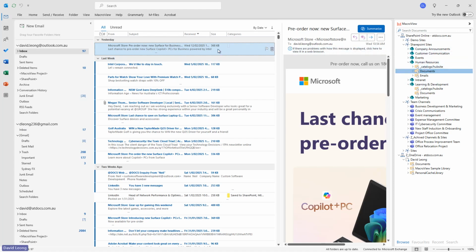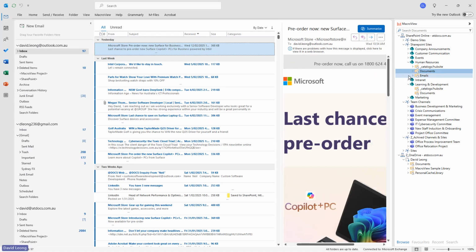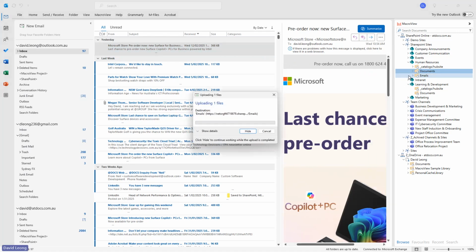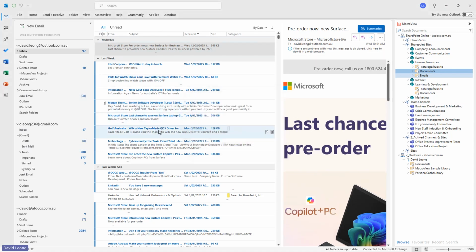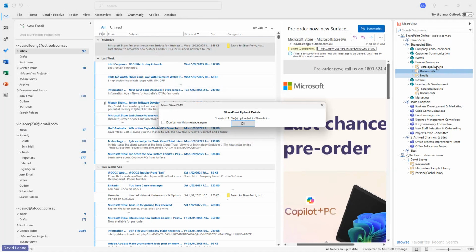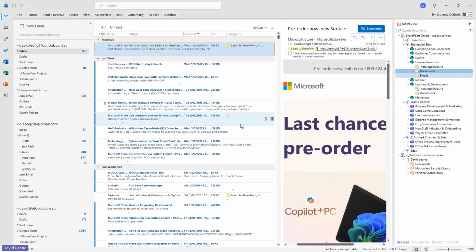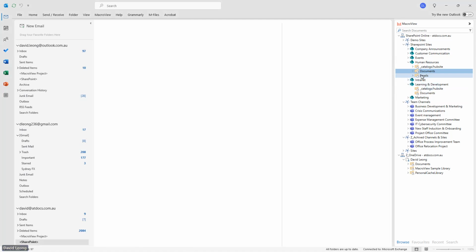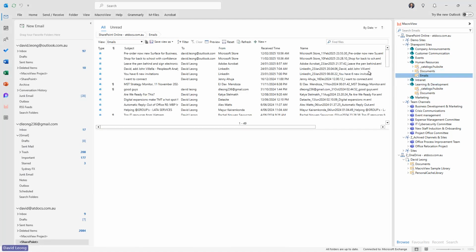So I want to save this. I can literally drag and drop that into the email folder through Outlook, and this is uploading this email into the human resources email section here. So that's already preloaded into the human resources site.